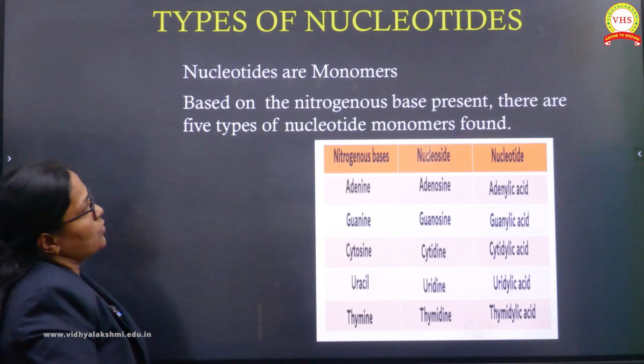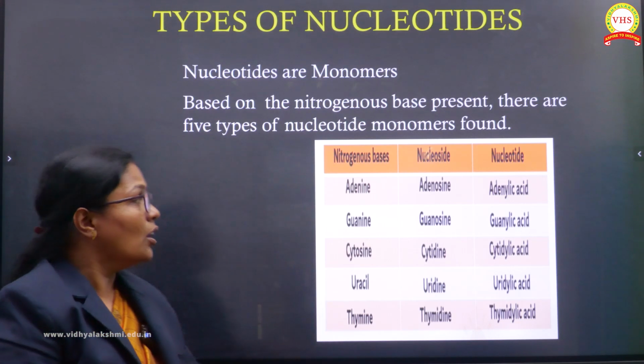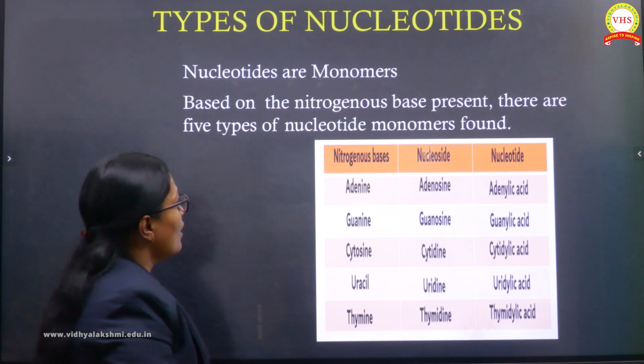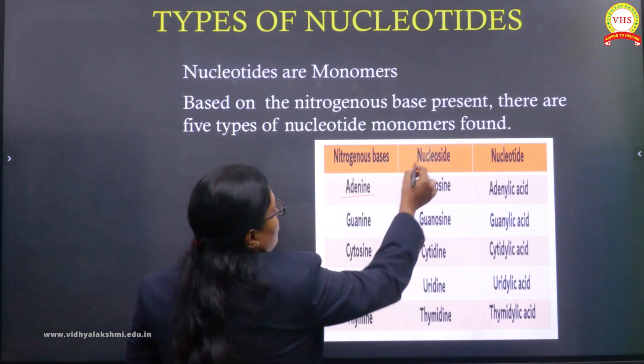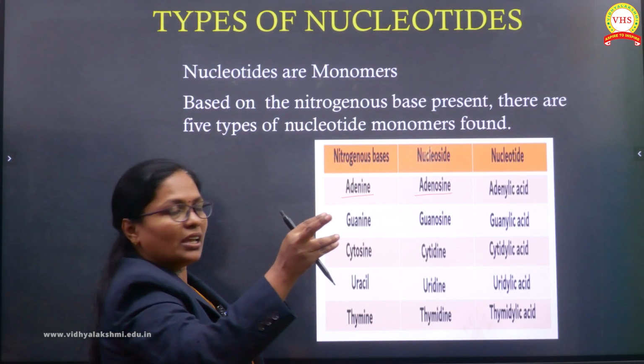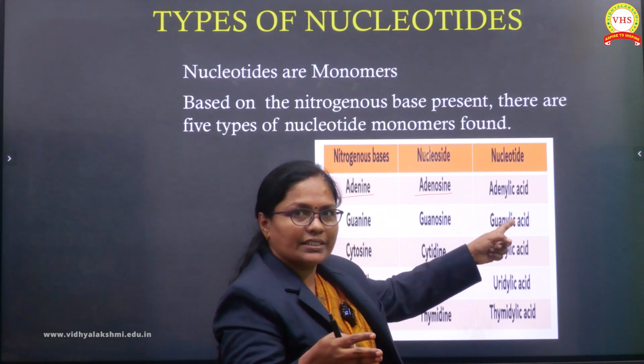And next, types of nucleotides. Actually, since we have 5 nitrogen bases, children, we will get 5 nucleotide here. Now, adenine, whose nucleoside is adenosine, that is sugar plus nitrogen base, and here it is, on phosphorylation it forms adenylic acid. Same way,